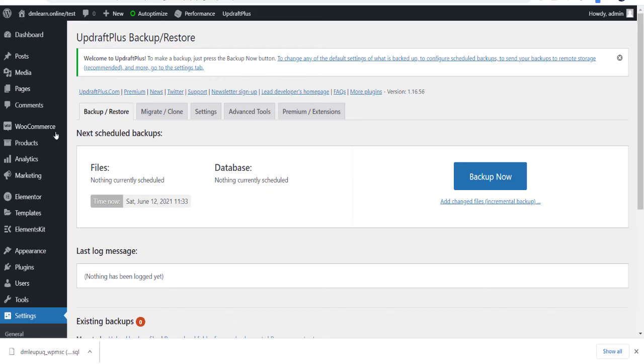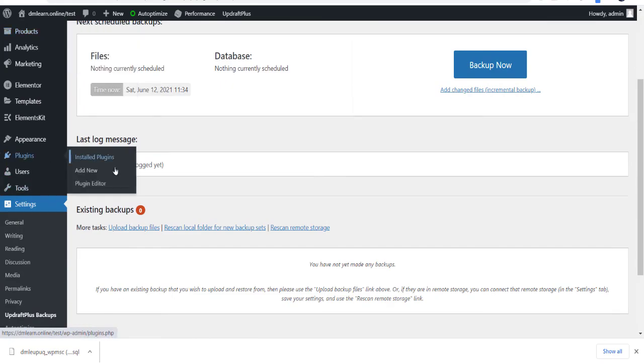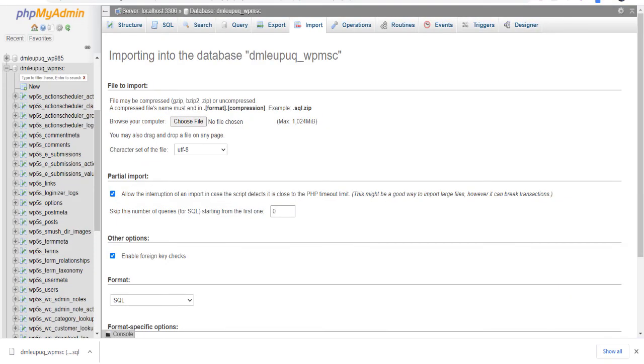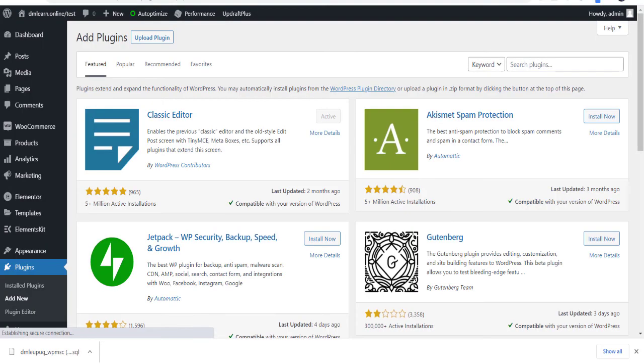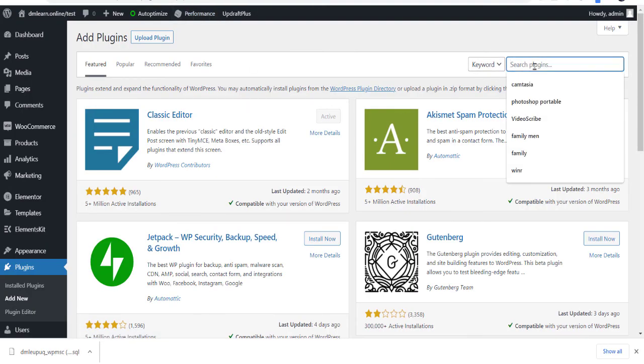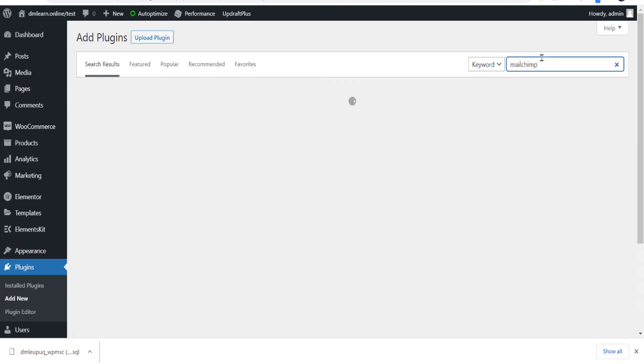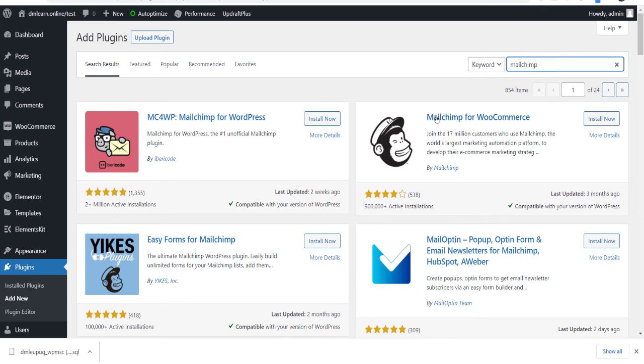First of all, I need a Mailchimp plugin. So go to plugins and add Mailchimp. Mailchimp has its own official plugin, so you don't need to use a third party.